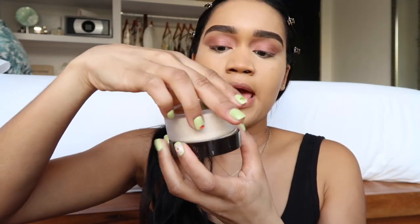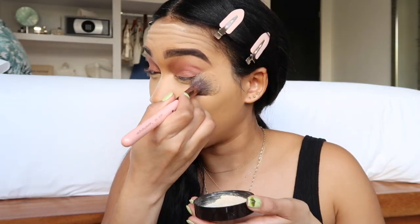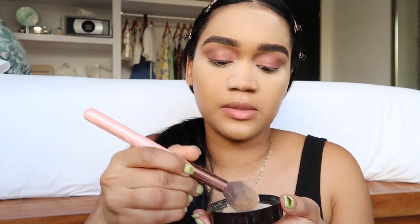Laura Mercier translucent powder. It's a bake. This is the only white powder I want to buy. If that guy that approached us about the coke was selling Laura Mercier, this would be what I would buy. Hula Caramel from Benefit